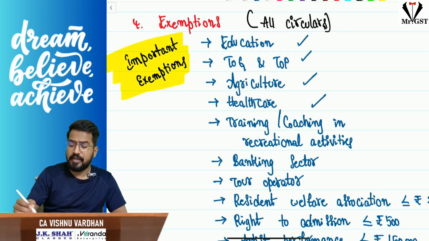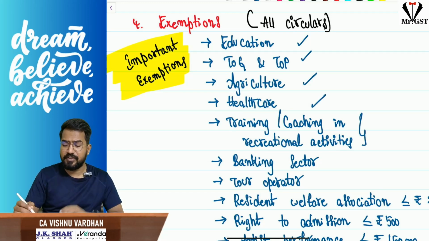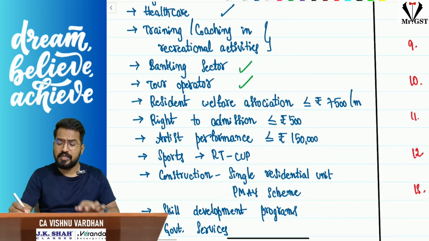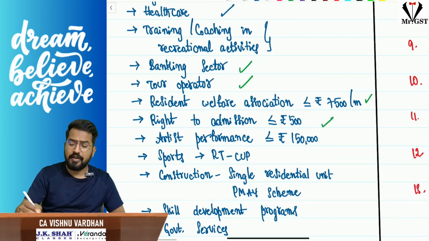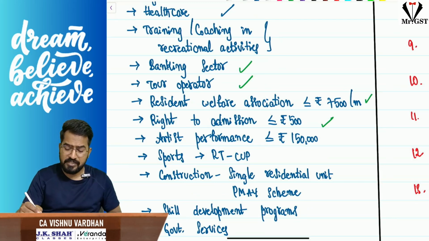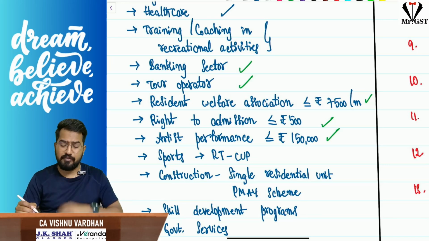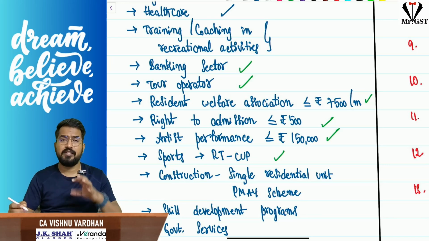Now, important exemptions from this chapter: education sector related exemptions, transportation of goods and passenger sector, agriculture sector, healthcare and training and coaching in recreational activities, banking sector, tour operator services, resident welfare association, right to admission to any places with 500 rupees limit, that ticket, and artist performance with 1,50,000 limit,